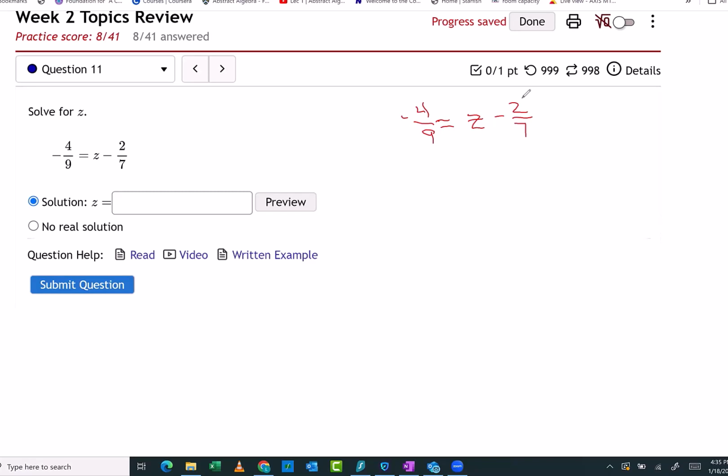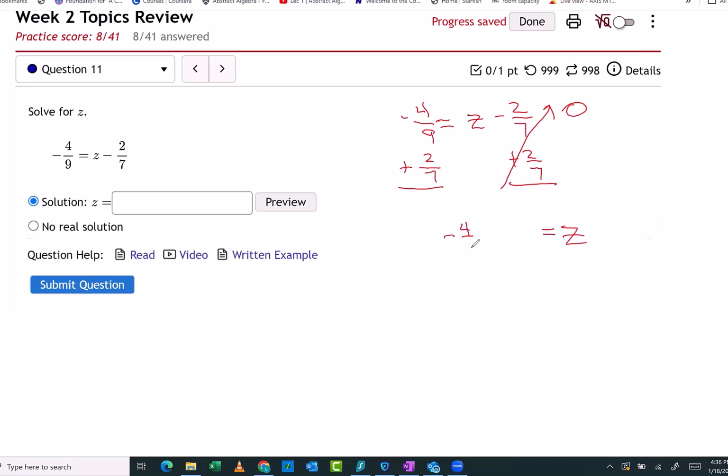What would I do? I could add 2/7 to both sides. Negative 2/7 plus 2/7 becomes 0. That means on the right side of the equation, I just have z. And then I have z equals